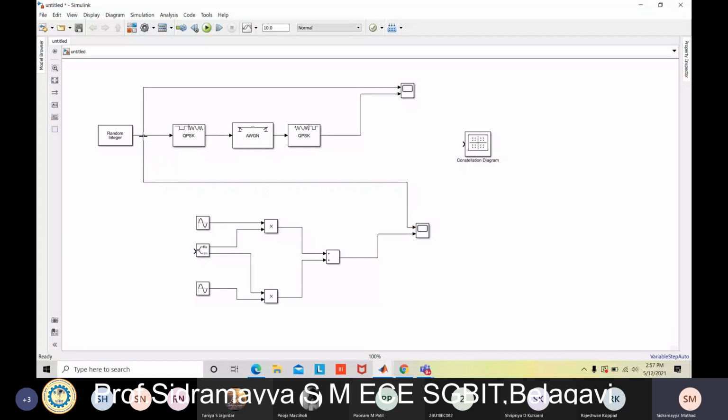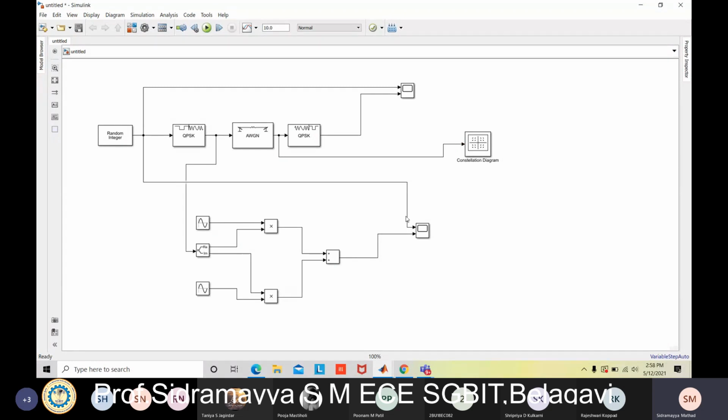One more thing is here, from the QPSK modulator, from here, real to imaginary, that is connected to the QPSK modulator. And one more, the AWGN channel is connected to constellations. I hope the connections are made as per the block diagram.